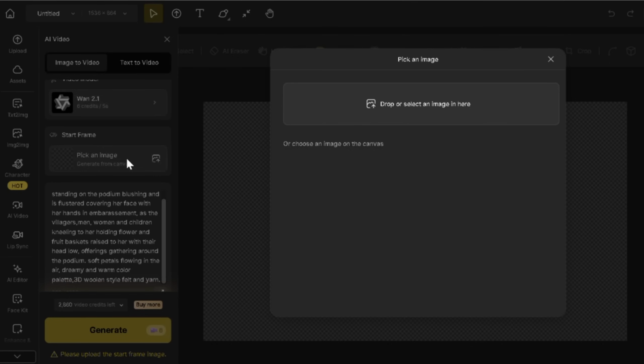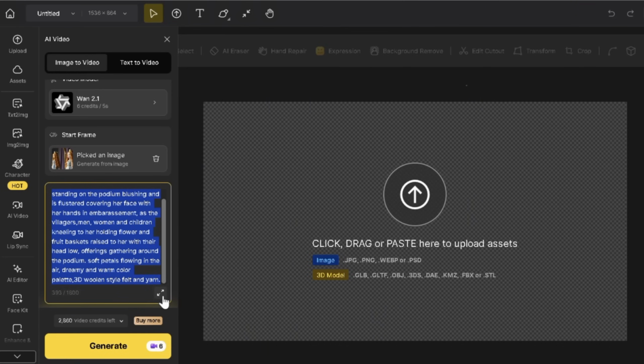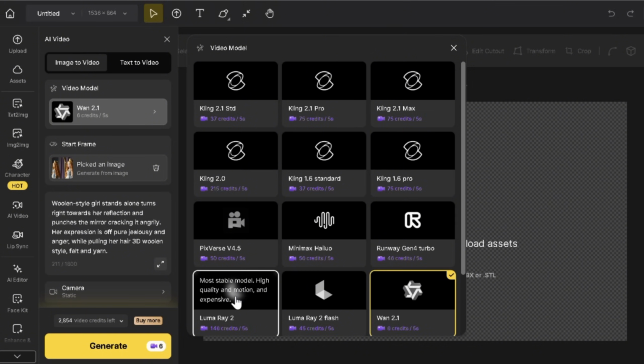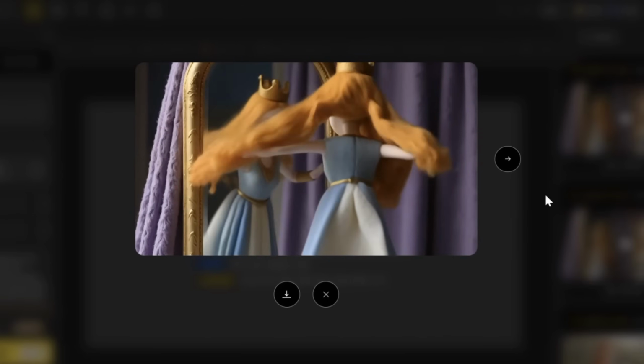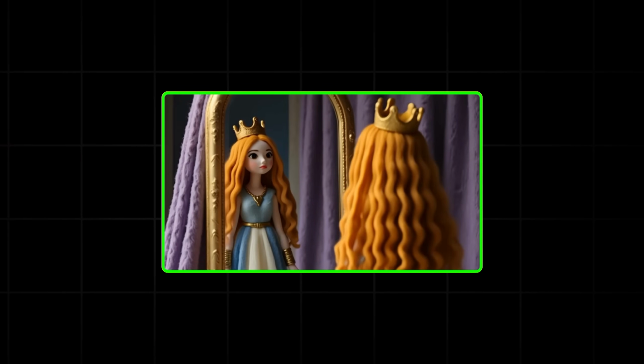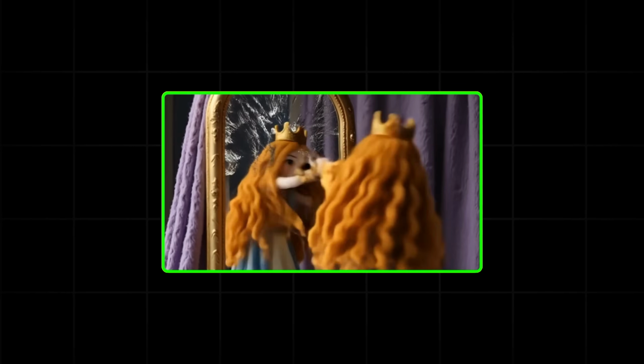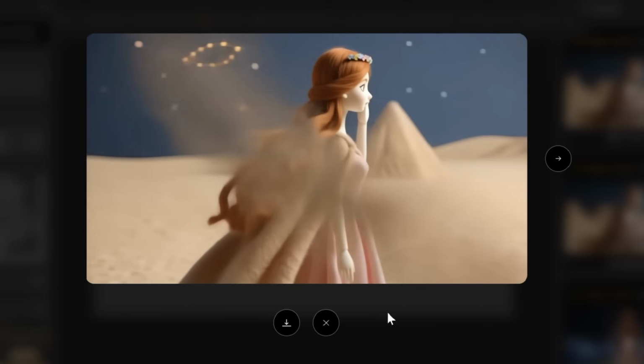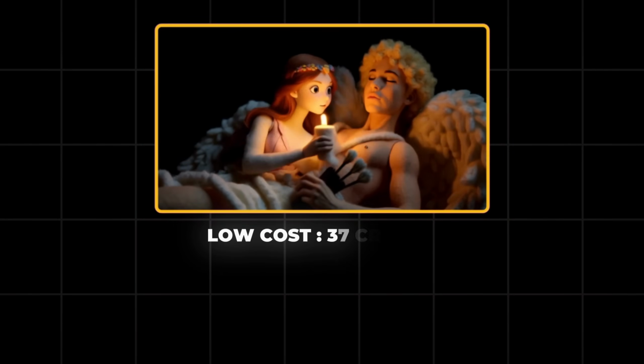I'll upload the next scene, where Aphrodite is punching the mirror in jealousy, selecting Luma 2, which is pretty expensive. Although the motion is great, it added an extra character at the end compared to Kling, which was very accurate. I went on to animate the rest, finding Kling 2.1 to be the overall winner in terms of cost effectiveness,